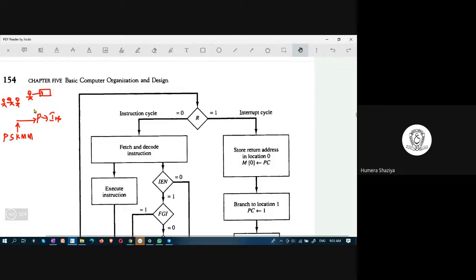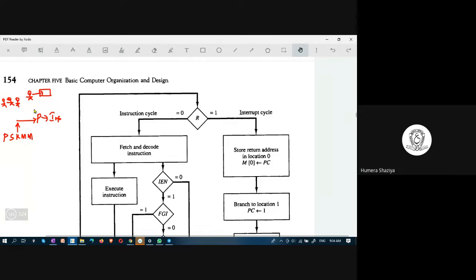Whenever such interrupts are raised, the processor stops its execution of the instructions. It executes the current instruction. It does not leave anything in the middle or in between. Whatever instruction it is executing, it finishes. It comes to this keyboard query and addresses that. Later, it goes back to the point from where it has to resume its instruction execution.